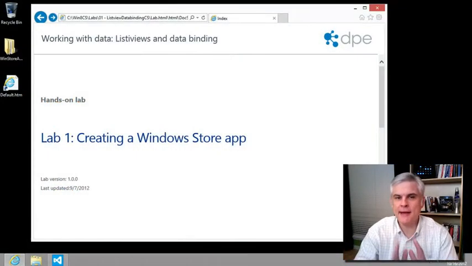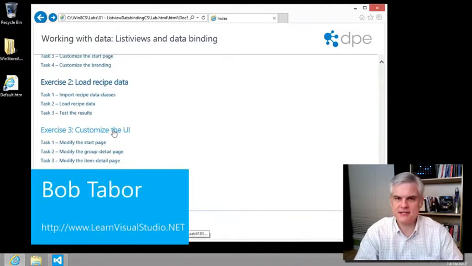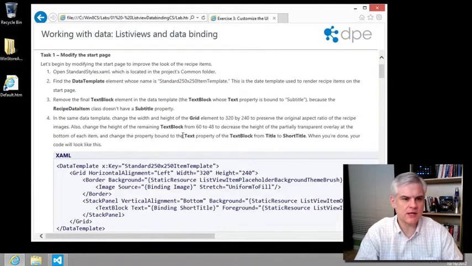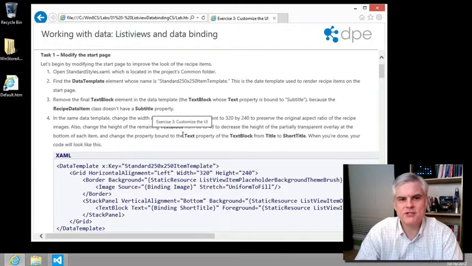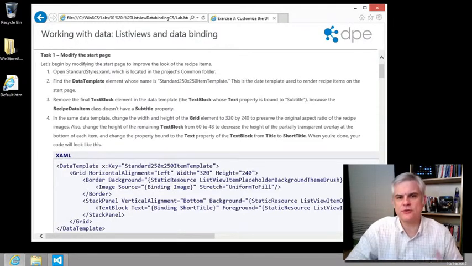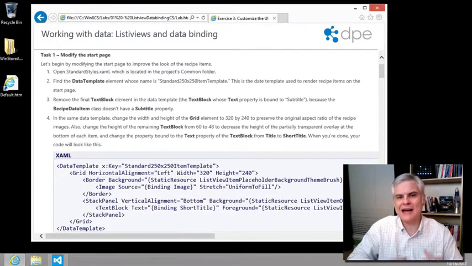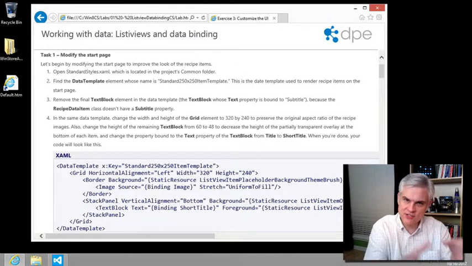In this lesson, we're back in lab number 1, exercise number 3, customize the UI, and we'll start with task number 1, modify the start page. So in task number 1, we're asked to make some changes to the user interface by modifying the standard 250 by 250 item template that is defined in the standard styles.xaml in the common folder of our project. And that should affect how the recipe data items are displayed in the grouped items page, the start page for